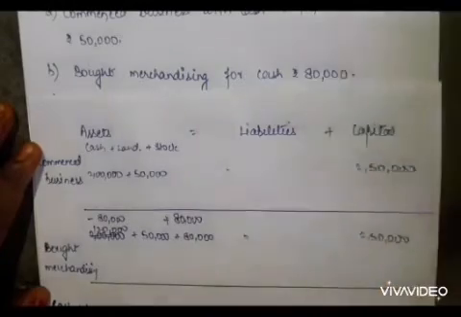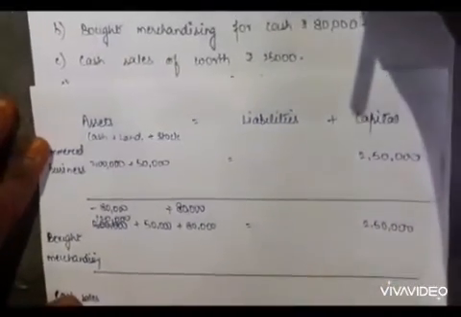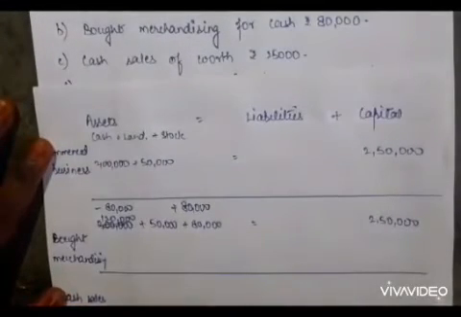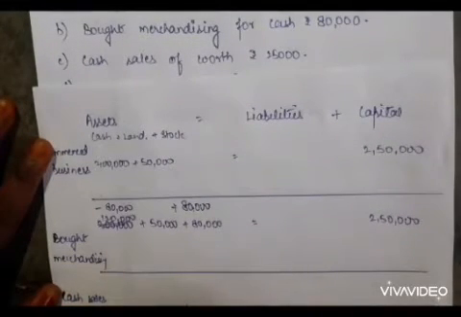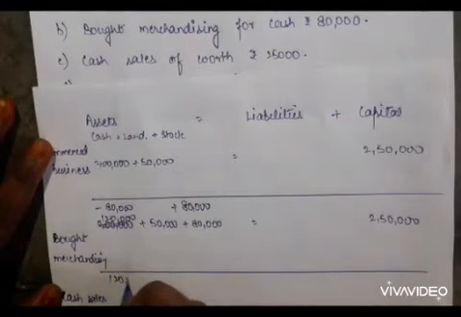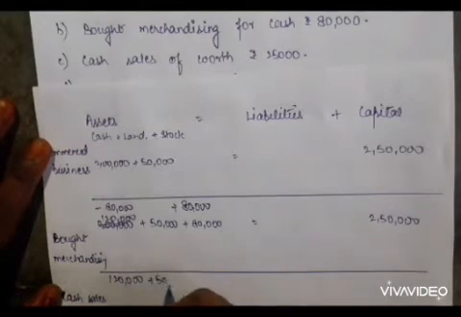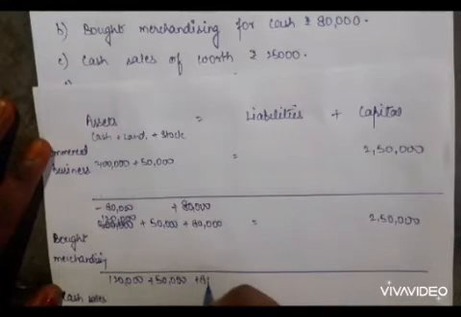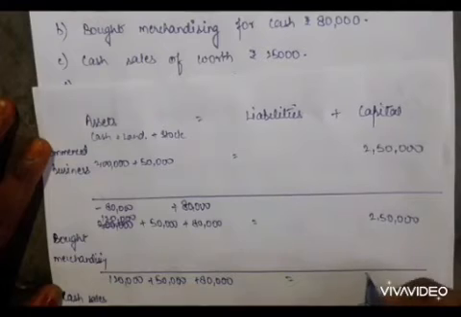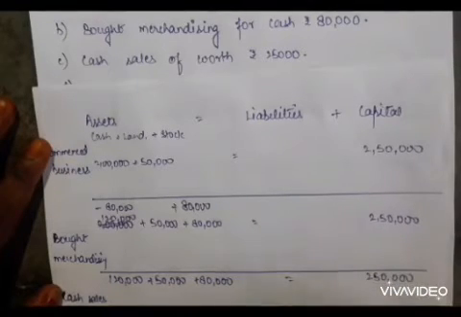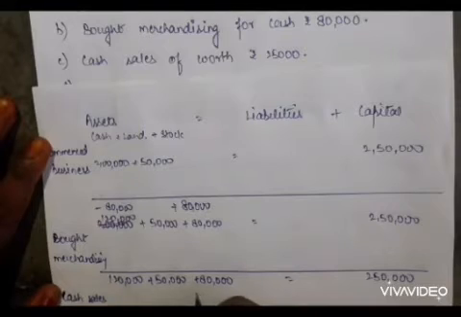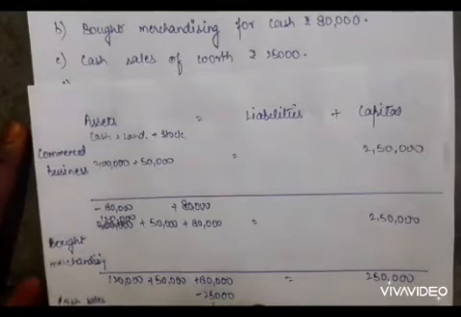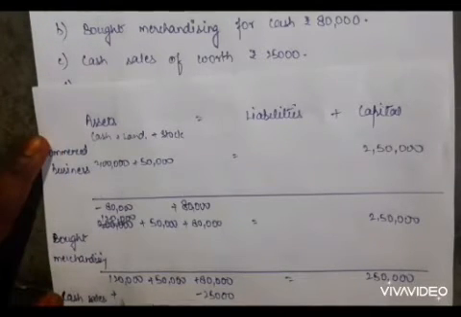Okay, now the next transaction that we have is cash sales worth rupees 25,000. We are selling the goods. So in the case of selling the goods, what will we do here? The new equation is 1,20,000 plus 50,000 plus 80,000 equal to 2,50,000, right? Now the next thing, we are selling it. So in the case of sales, we have to deduct it from the stock. Means 25,000 we are going to deduct from here, and because it's sales we are going to get the amount, so here we will add the 25,000.